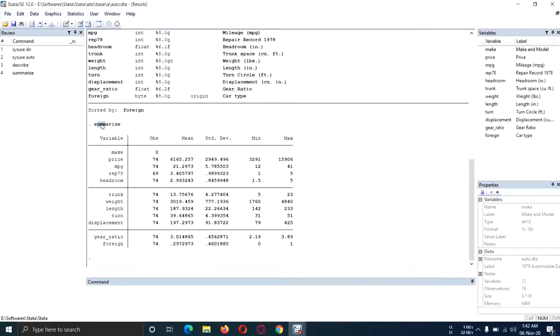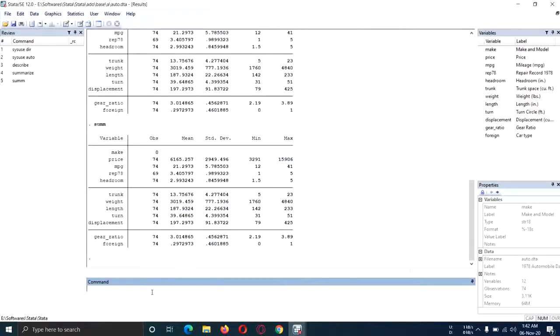In summarize, you will see the price has 74 observations. You can see the mean value, standard deviation, minimum and maximum value for each variable. If you just run summ, that's the shortcut, you will get the same results.